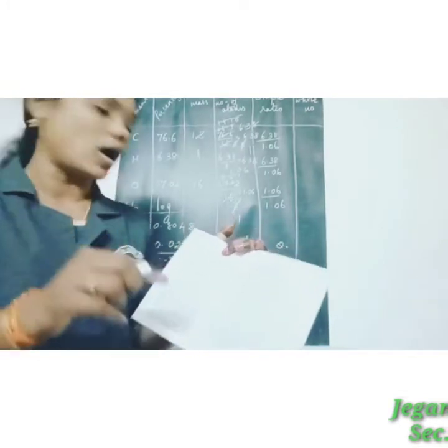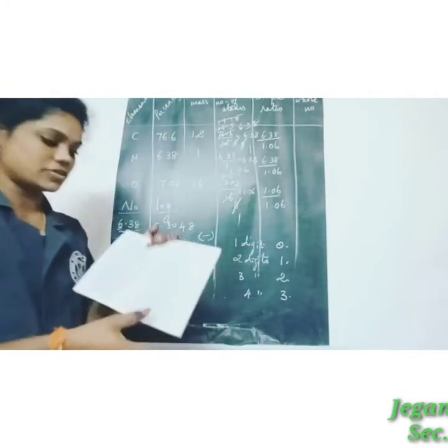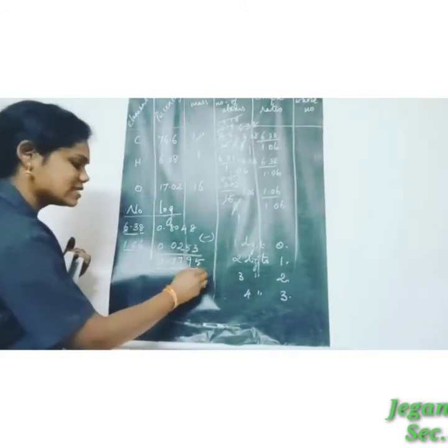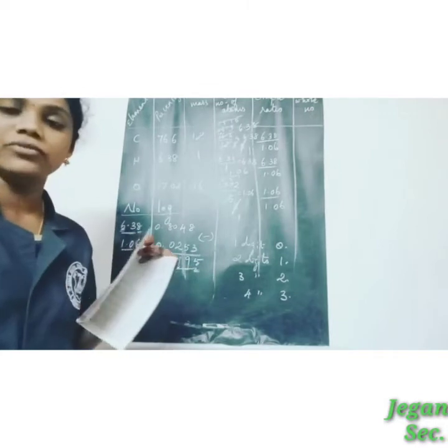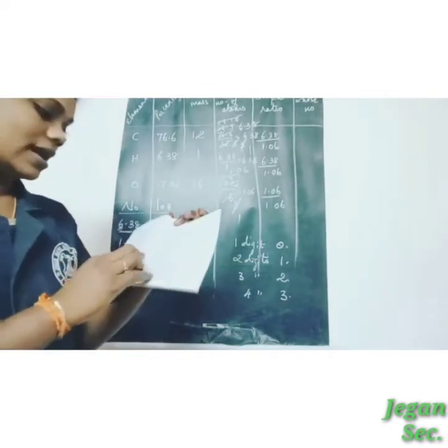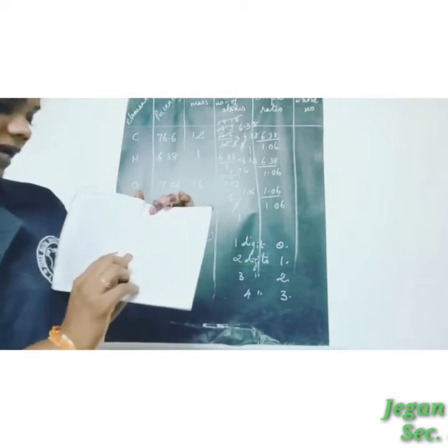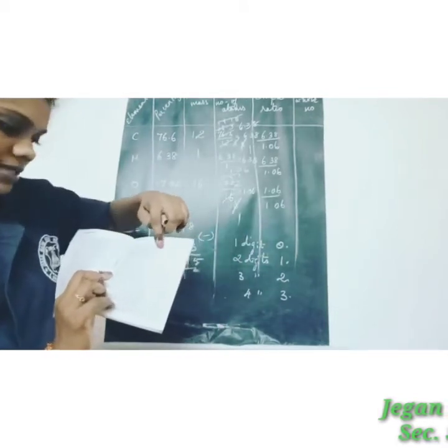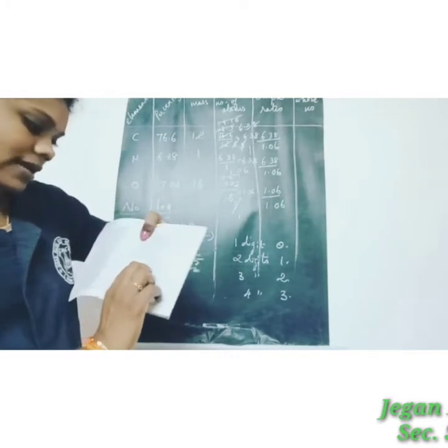So we want 0.77. So we take the first 2 digits and then 1 digit. So the last one is the mean value. The fourth digit is the mean value. So 0.77, see here 0.77 and see the ninth one. So in 0.77, see the ninth one, that is